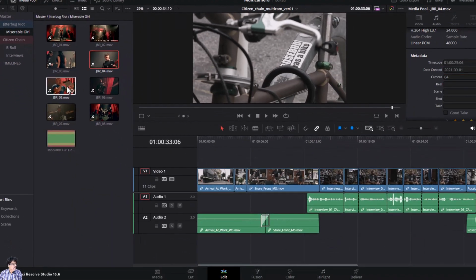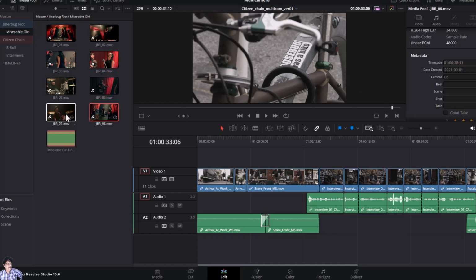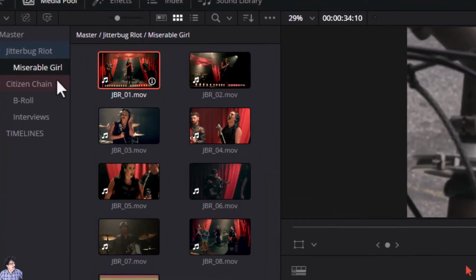Actually, I am manually entering it, but when the shooting is done, this data will be added. See, I am giving 5, this is 6, and this is 7, and this is 8. So, I have added this metadata to the camera, indicating what is its camera number. Okay. So, now once I have added it, now I will come to this miserable girl here, and in miserable